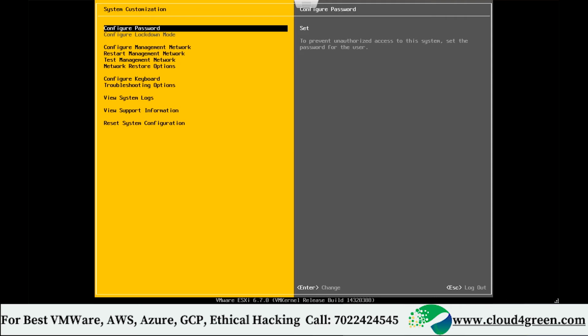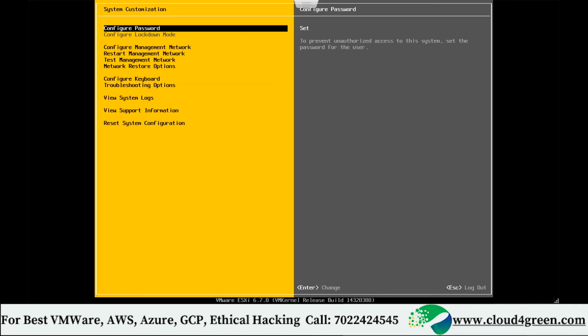Now, the first option is called configure password. Why this option? Because we have set a password, test@123. If you want to change the password, you can click on this configure password. In a production environment, your company may ask you to change the password every 60 days as part of company policy. At that time, where will you change the password? Using the configure password option. You should come to this screen.